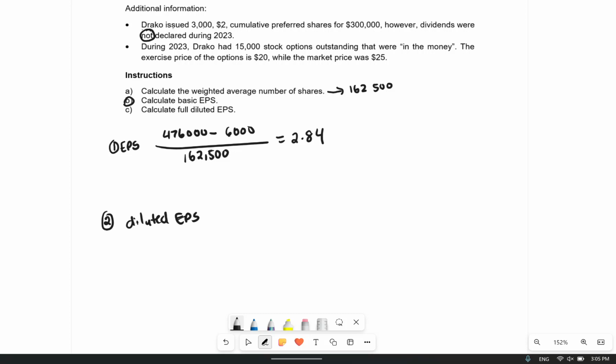We just finished our chapter 17 in class, so this is why I brought in a simple question, because you already worked out so many questions. But options are always hard for people to know. So what we have is a market price and an exercise price. They said the exercise price is 20 and the market price is 25. Would you buy it? So is this in the money? Yes, they are in the money. So if they are in the money, we want to know what are the incremental shares outstanding when we are working out our